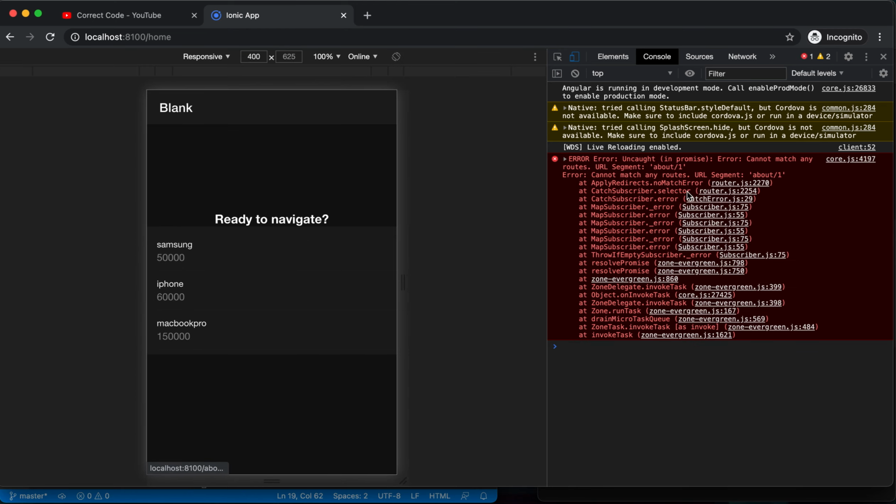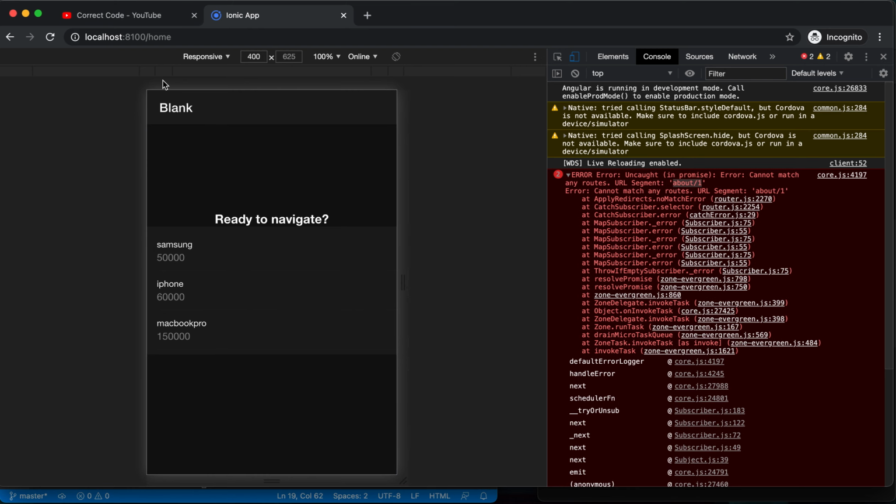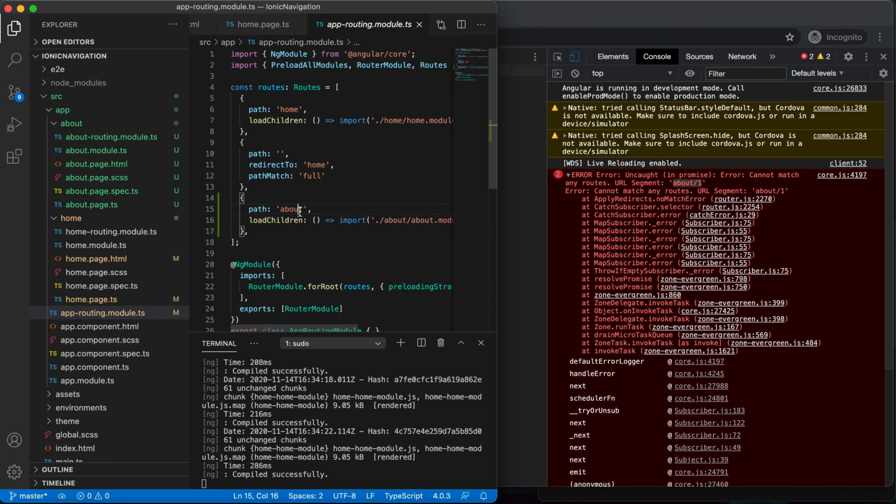If I click this, see, cannot match any routes, URL segment. This is because the structure with slash ID is not mentioned anywhere. In the routing we have mentioned only about, but there is no about ID. You can see only home and about here.